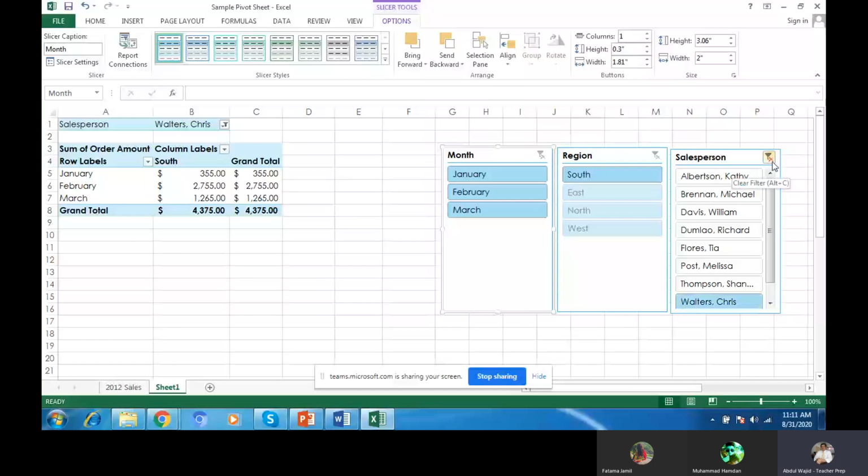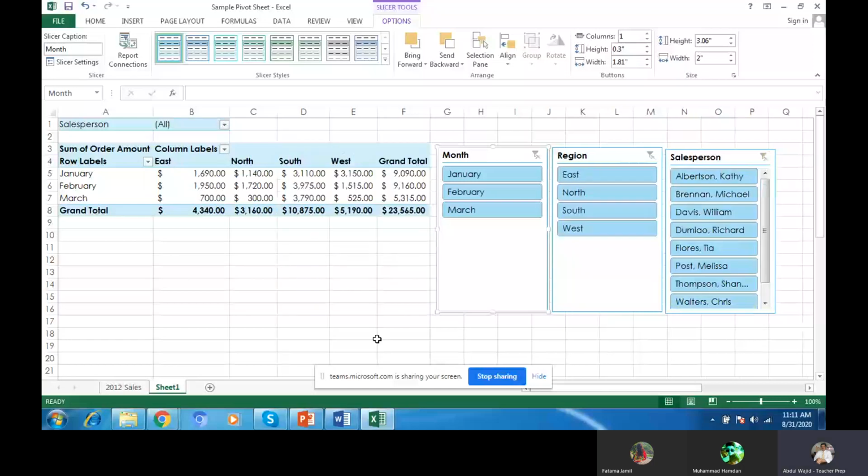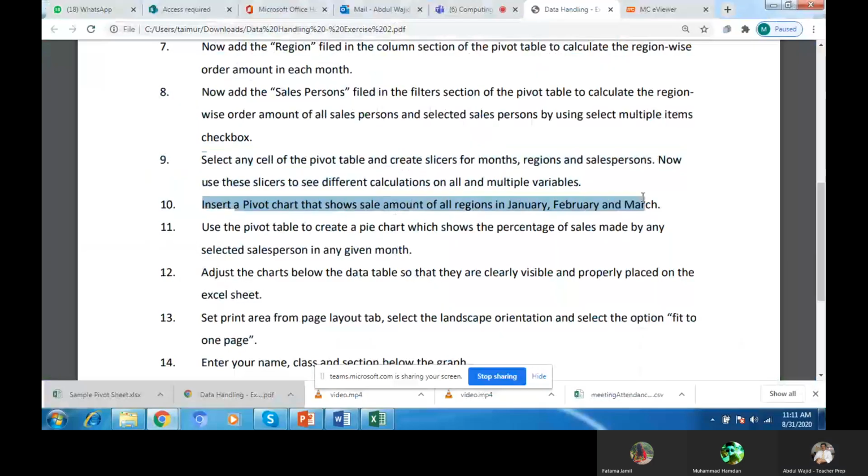Okay, now we will go there and insert. Okay, now insert a pivot chart that shows sale amount of all regions in Jan, Feb, and March. Okay, we will go there, pivot table chart. We click here, right?